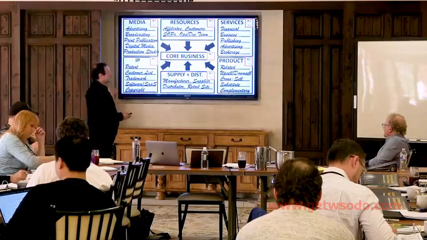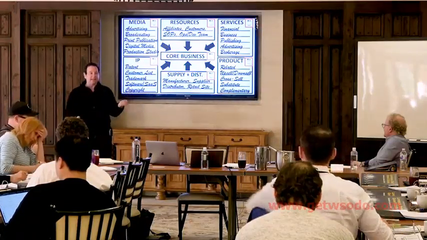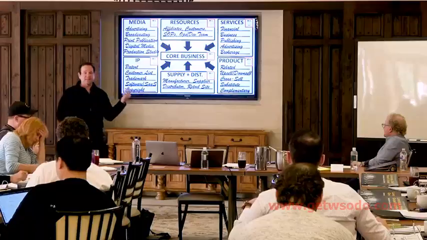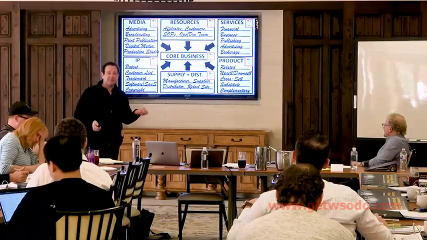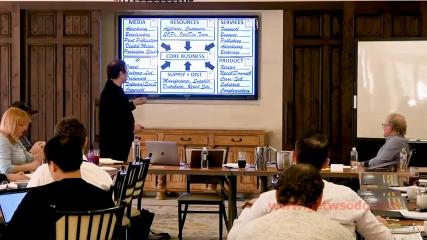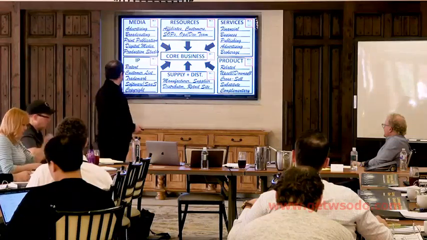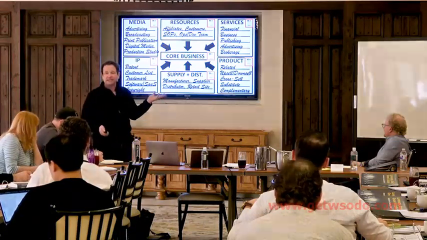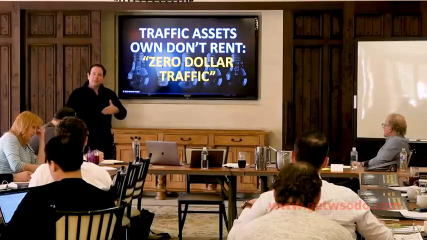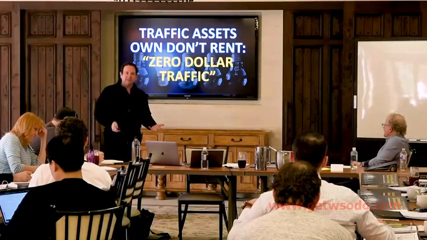IP is intellectual property, the standard intellectual properties like patents, trademarks, copyrights, trade secrets. Could be a customer list that you're buying it for. Could be an email list that you're buying it for. It could be a prospect list, a pixeled list, or software or a SaaS. And then going down even more granularly, let's look at traffic.